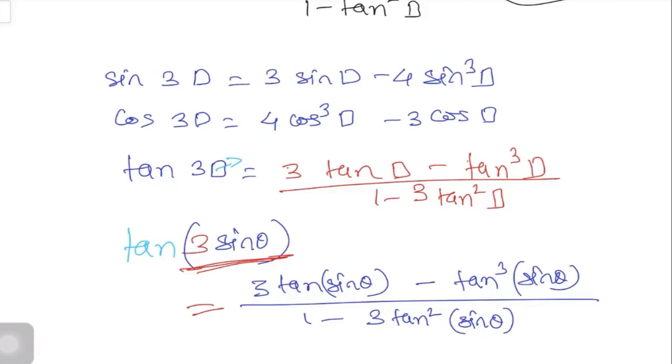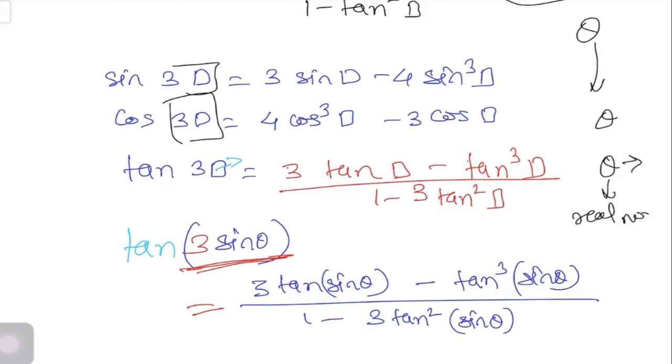That's why I'm writing the box and I'm not writing just theta, because if you write theta, you get stuck with only the angle. You always look for the angle, but it is not like that. This theta is any real number, so you can write down any real number instead of this theta. So sine theta also gives a real value, a changing real number. Sin theta is changing for different values of theta.